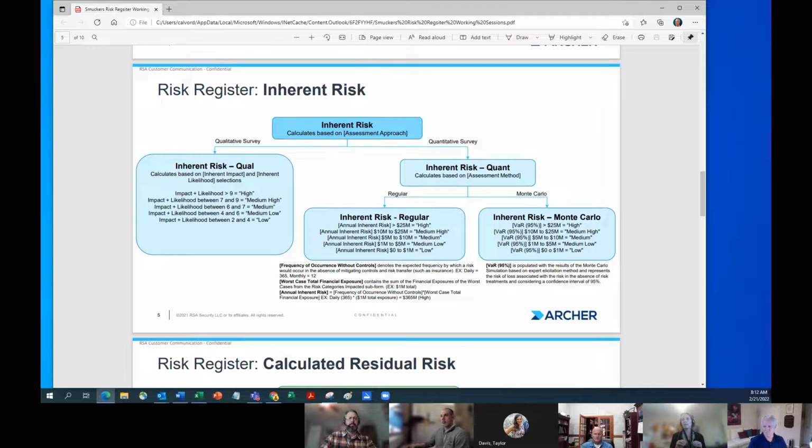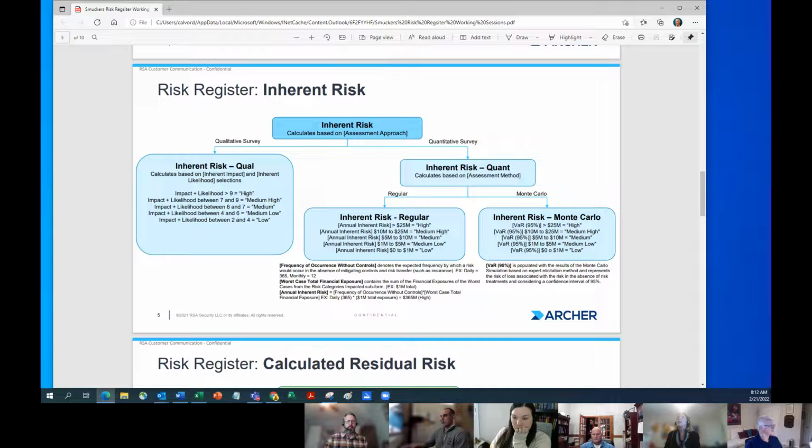I wanted to let you know that within the risks in the risk register, there is a place for assessing inherent risk, both impact and likelihood, and a little comments box in there that allows you to do that as well.